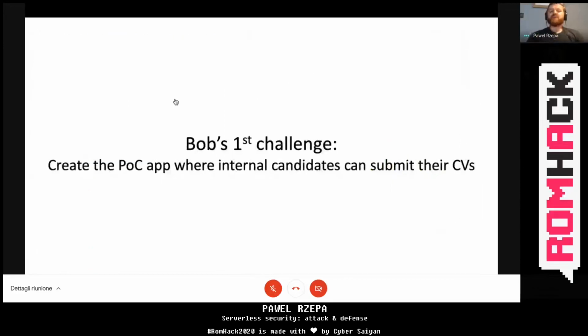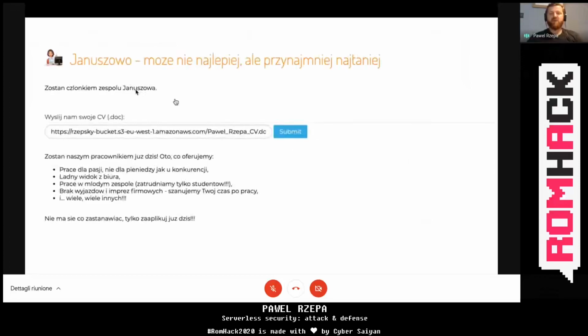The first challenge that Bob received and needs to solve is to create a proof of concept application where internal candidates can submit their CVs. So Bob writes something like this. The static content of it is in Polish, but don't worry, it is not important in this demo. The important thing is the URL that you are providing.